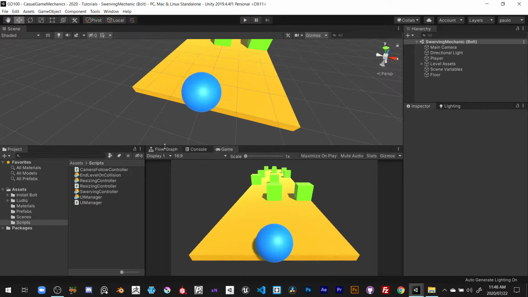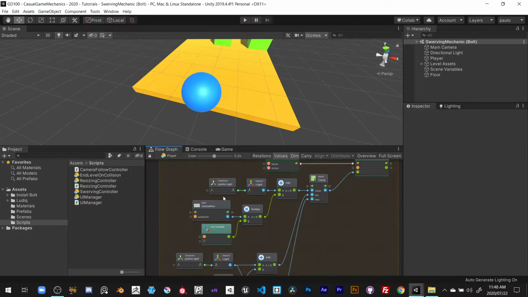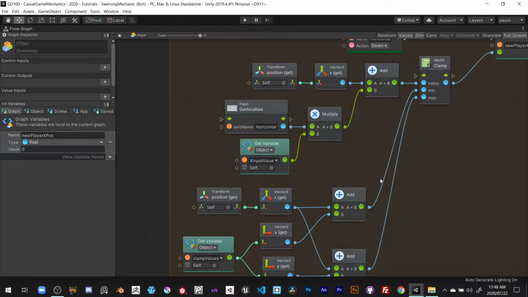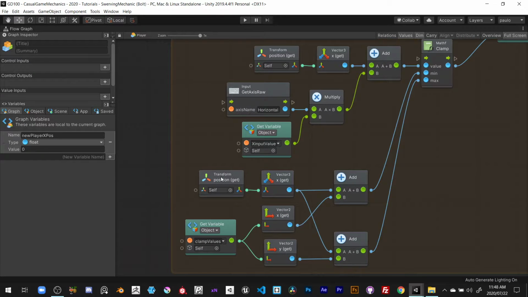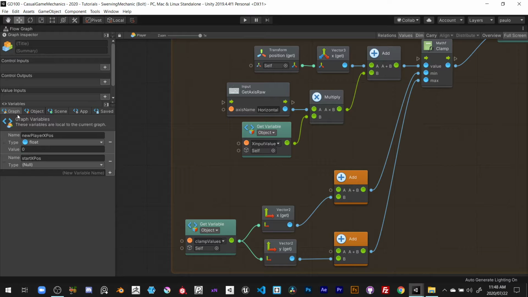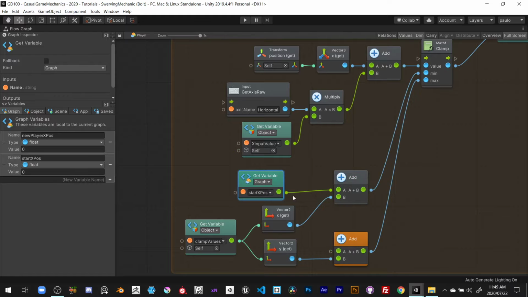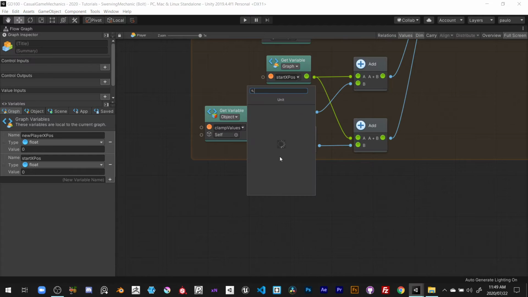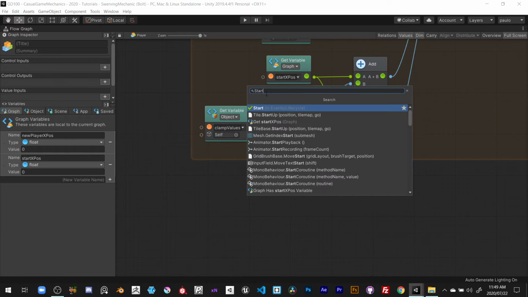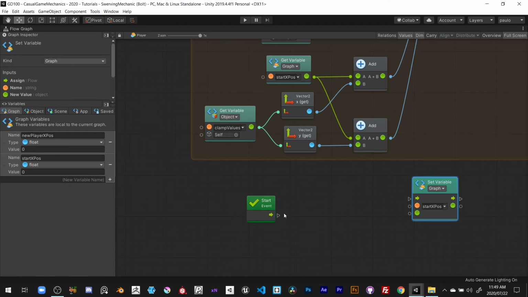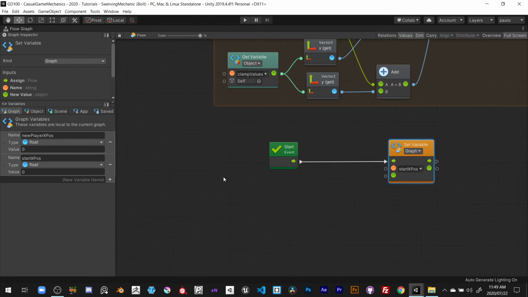Oh, notice what I've done wrong. This position is always updating, so the clamp value is always updating. So we would need to get not the current position, but the position at the start of the game. So let's do that, might as well. Let's call this start X position. I'm going to put that in the graph. It's going to be a float. We're just going to use this as the value to which to work. So at the start of the game, I'm just going to do it down here because I'm right here. I'm going to type in start. When the start of the game happens, we're going to drag out the start and we're going to say, what is the current